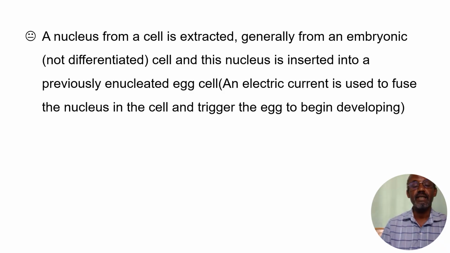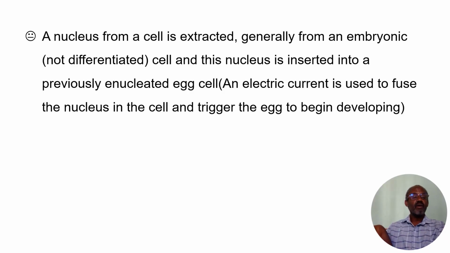This nucleus is inserted into a previously enucleated egg cell. Enucleated means its nucleus has been removed. It is an egg cell. We need the cytoplasm because the cytoplasm of the egg cell contains a food reserve. We need the dividing cell, the nucleus of the dividing cell, to use this nutrient, so we remove the nucleus from a cell. Then we remove a nucleus from the egg cell,